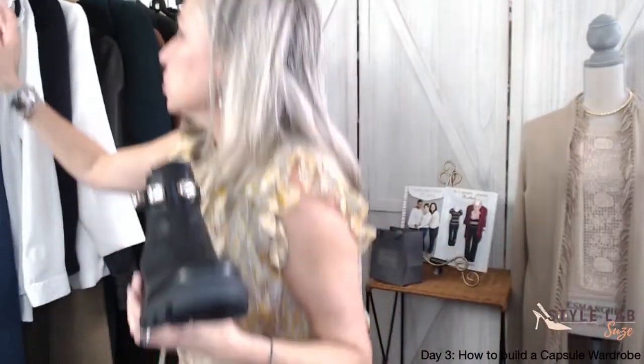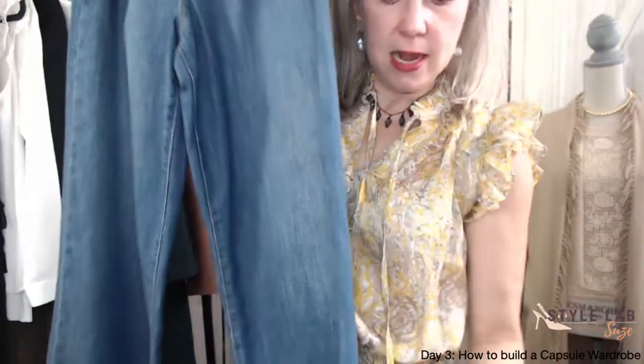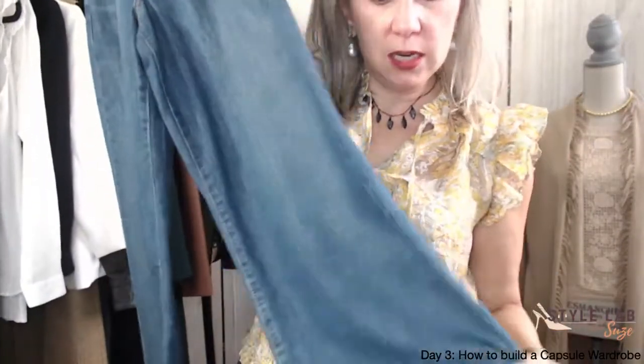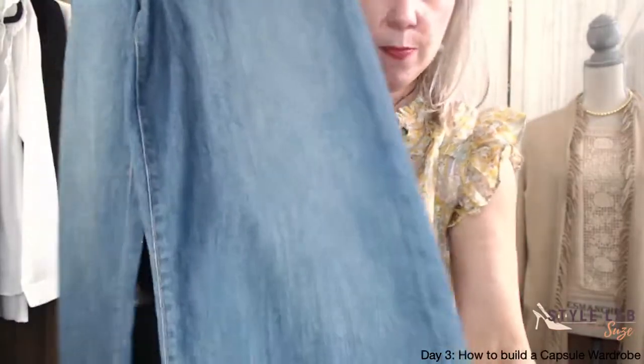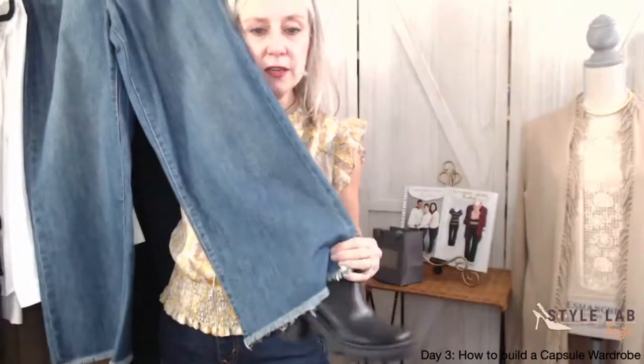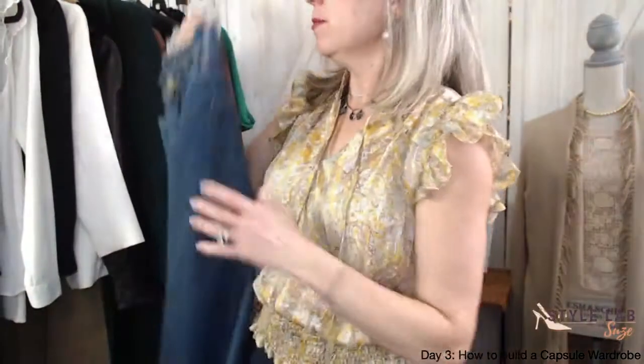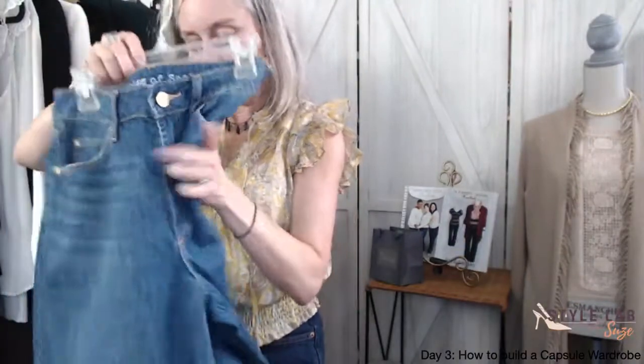So when you're looking at lengths of pants, because I promised you guys I would talk about that a little bit. Okay, the wide leg pant, right? Now, here's the deal. If you want to wear a pant that goes to the floor, great. Your boot's going to go underneath it. No problem, right? Now, if you have a shorter, a cropped version of these, which I totally recommend you wear cropped jeans, you want to have the hem come,